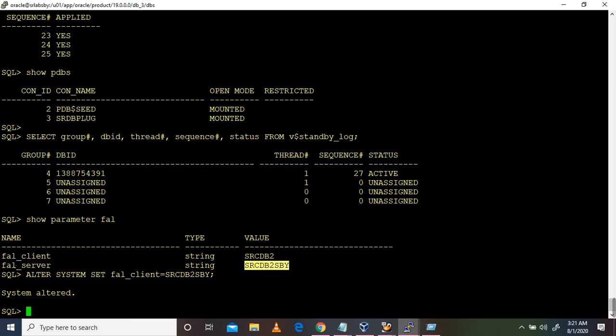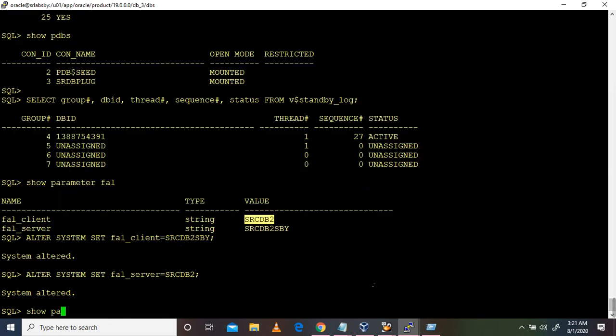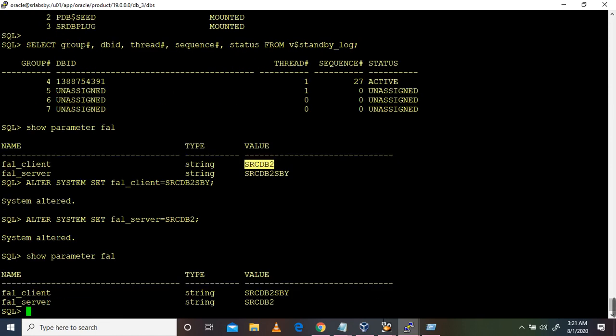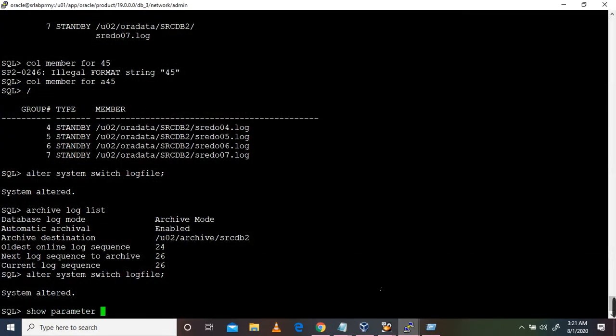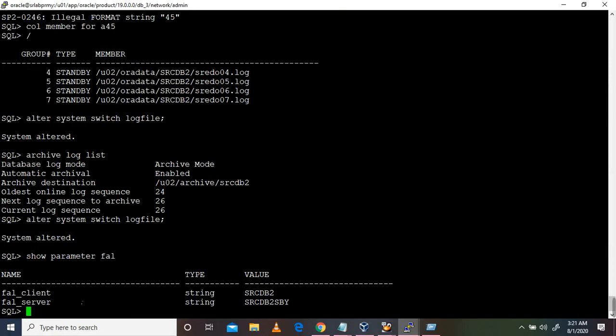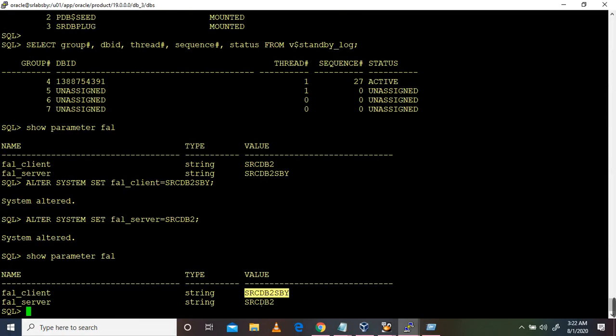On fal_server, it's going to be this one. You can check on the primary side; it will be vice versa. Okay, fal_client this one, fal_server this one. This is for failover and switchover activity. It will be very helpful, and this is why we are creating the standby redo log as well.